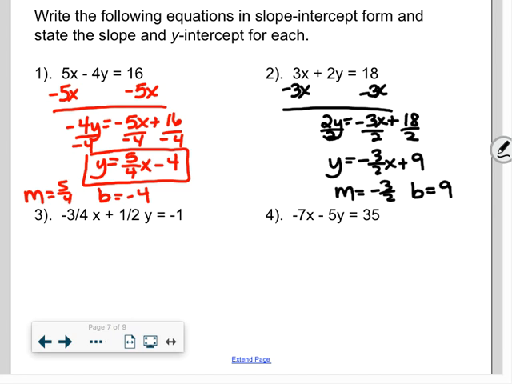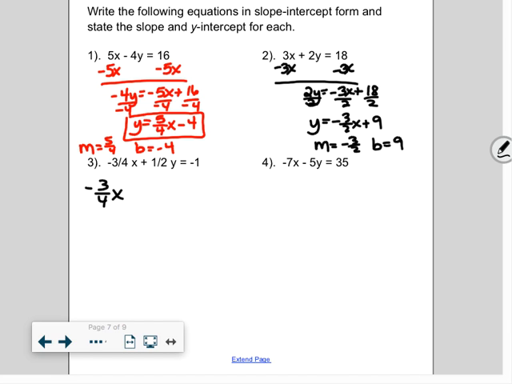All right, hopefully you're done with number 2. I got y equals negative 3/2 x plus 9, where m, it does say identify the slope and y-intercept, so make sure below this you're writing the 2 things out. Any questions on 2, how you do that? All right, now, number 3,